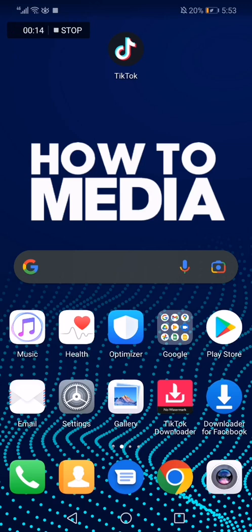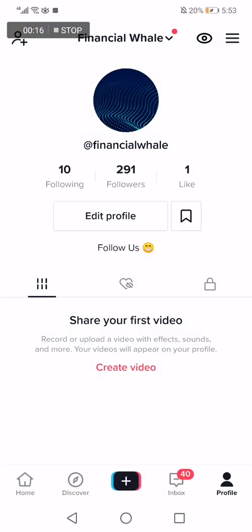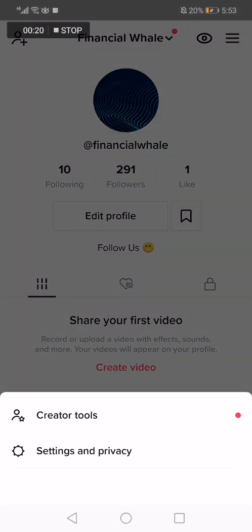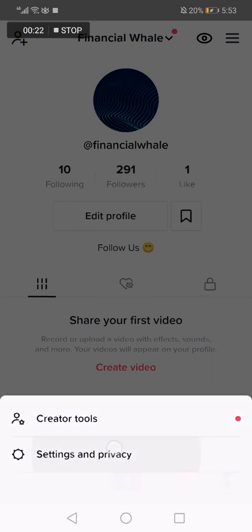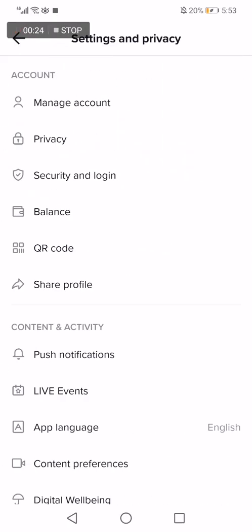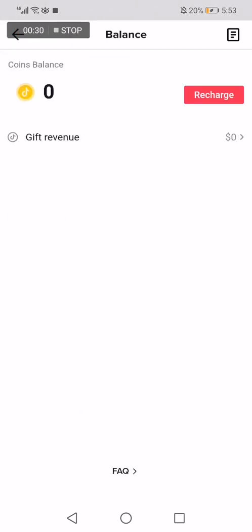So first thing we do, we go to TikTok and now go to those three lines right here and choose settings and privacy, and then go to balance right here and wait a few seconds, then it will take you to this page. Now click on gift revenue